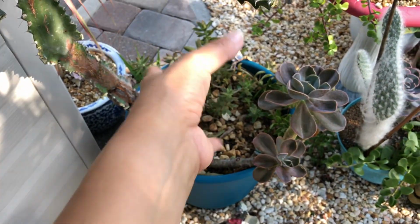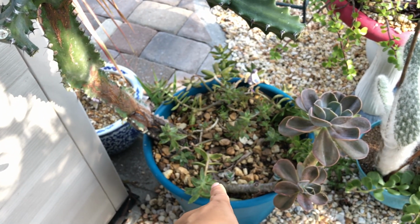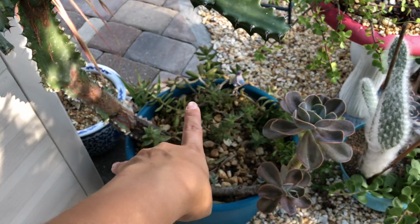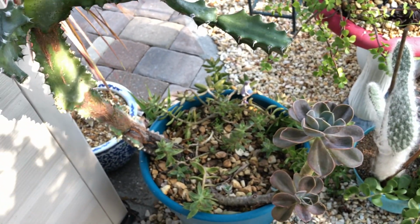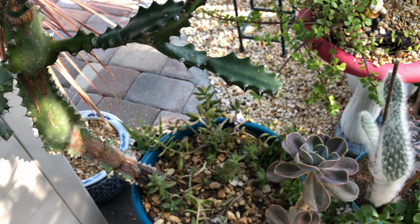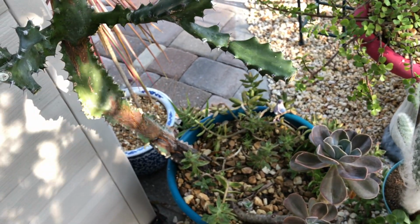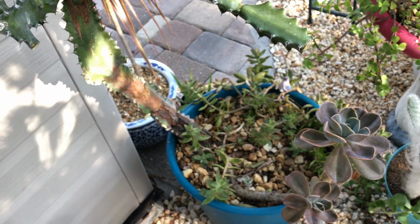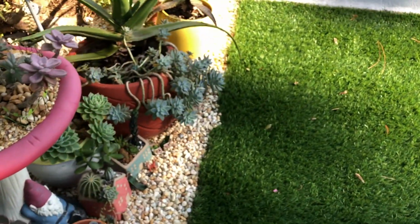I'm going to clean it up, and I don't know if I might have to trim a lot of these off and just let it start over. I do know that I'm definitely going to add my ghost plant. I'm going to name my ghost plants differently, because there's a variety of them. I'm going to call it the gray one, the gray ghosty, because it is gray and purple, versus that one that does turn